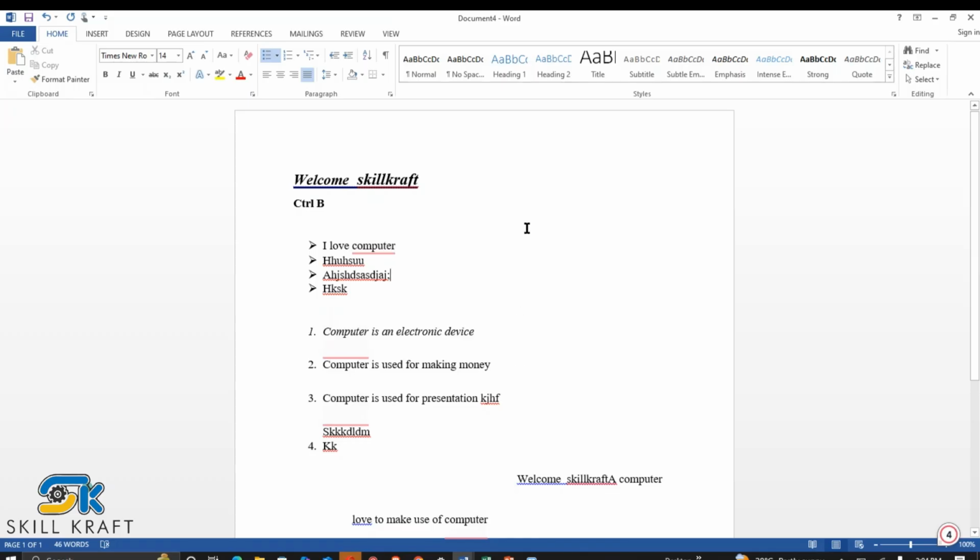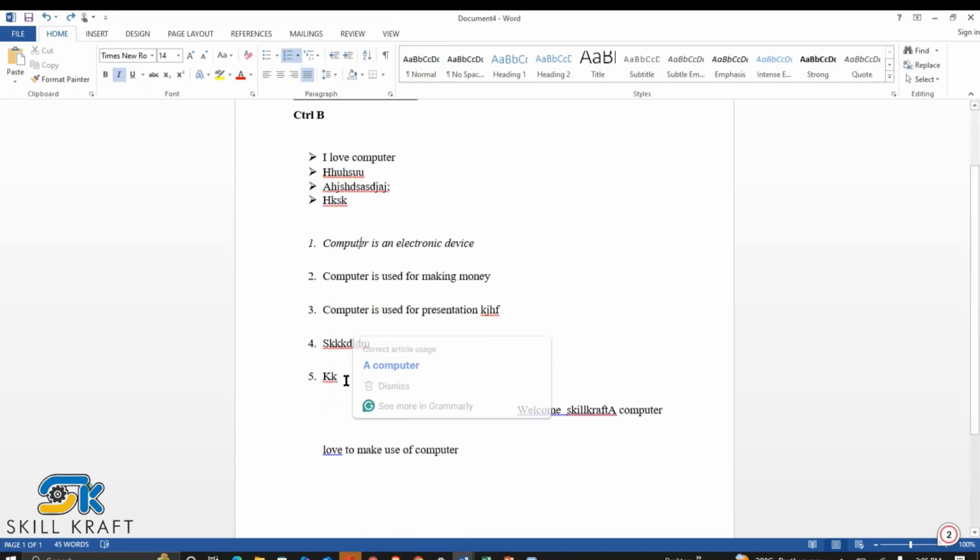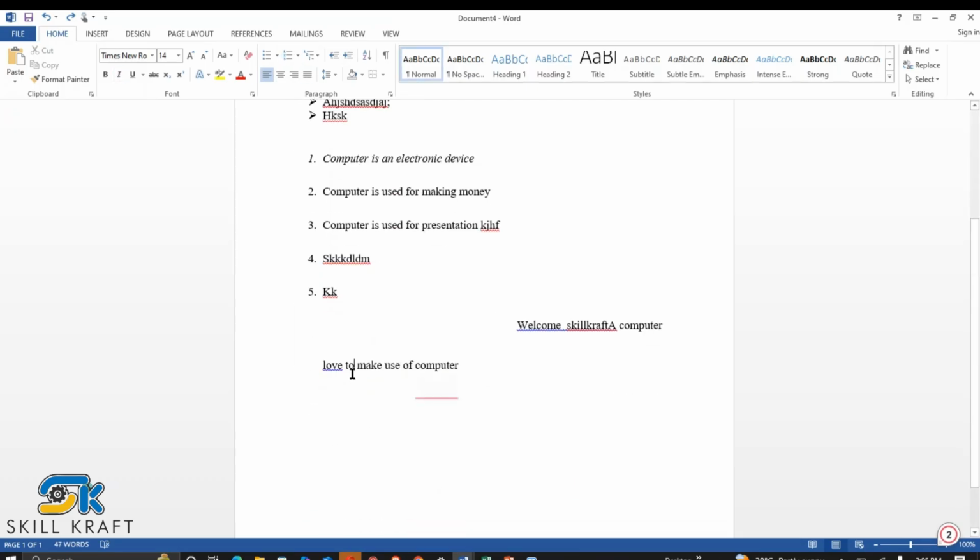Let's see, control letter Y is to undo, while control letter Z is to redo. As we move forward,